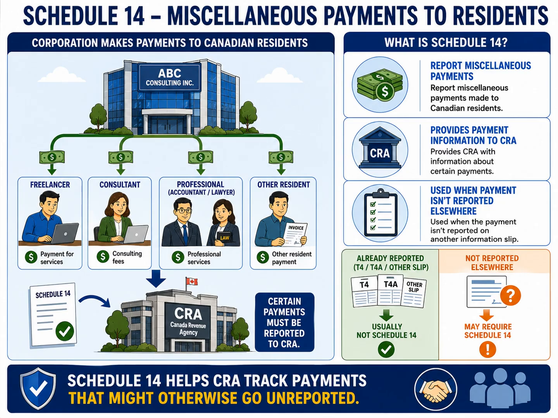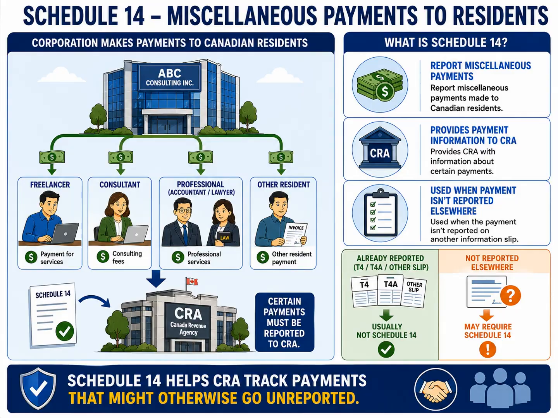The key takeaway is simple. Whenever your corporation makes a payment to a Canadian resident, first ask yourself whether that payment is already being reported on another CRA information slip. If it is, Schedule 14 is usually not required. If it isn't, then you should review the Schedule 14 reporting requirements to determine whether disclosure is necessary. By following this simple decision process, you can avoid duplicate reporting while ensuring that all required payments are properly disclosed